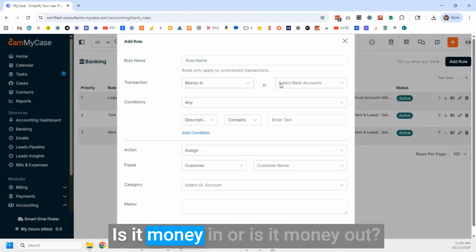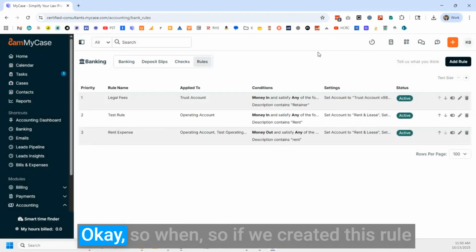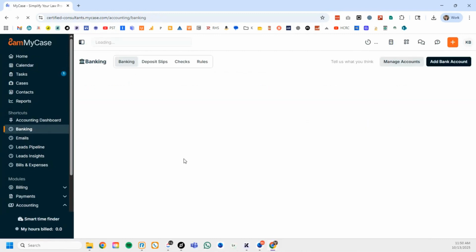Name the rule. Is it money in or is it money out? What accounts does it impact? What are the conditions? What happens? Okay. So if we created this rule for rent expense, when we go into banking and we would